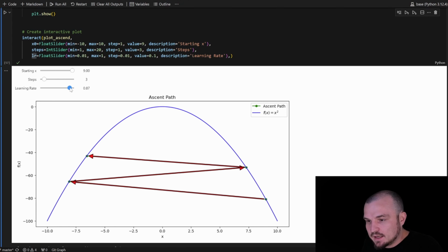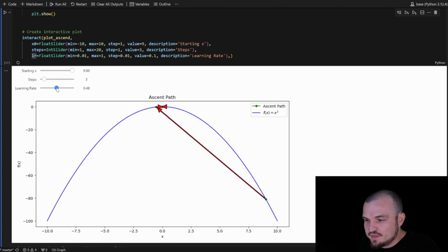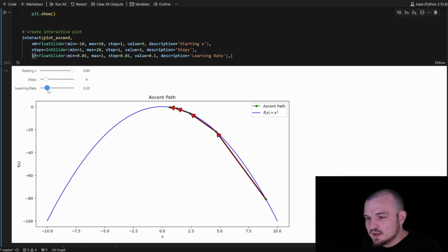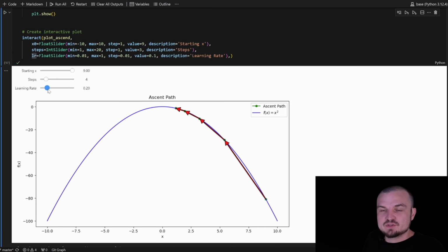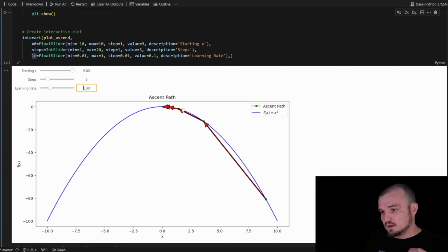A smaller learning rate changes the behavior of the algorithm. And we need to find some healthy balance between the learning rate, the step size, and the number of steps. I suppose that for this exact case we need to use about 5 steps, and for the learning rate, let's say 0.3. It almost perfectly detects the maxima point for the function.